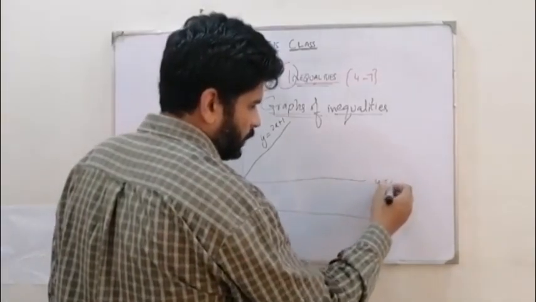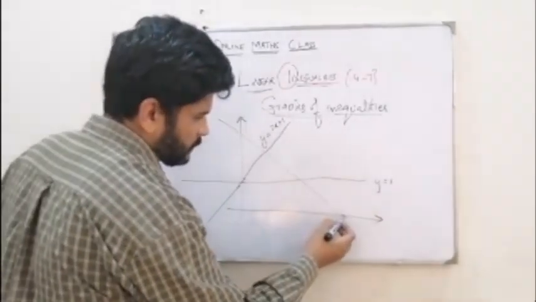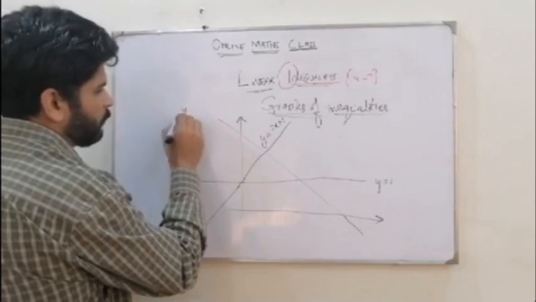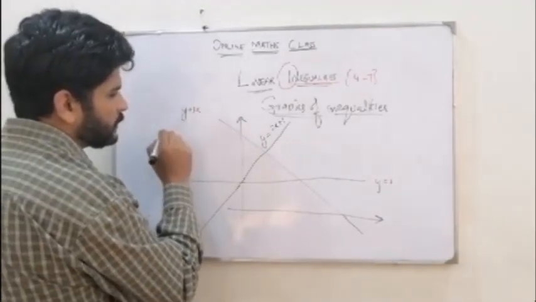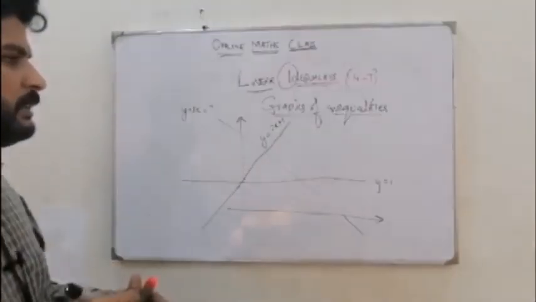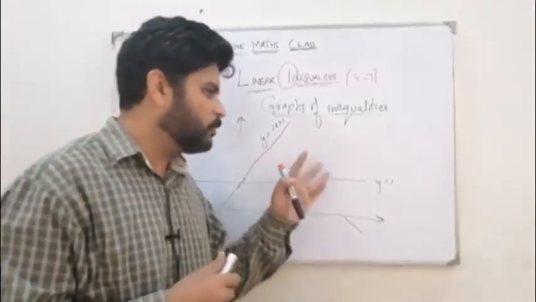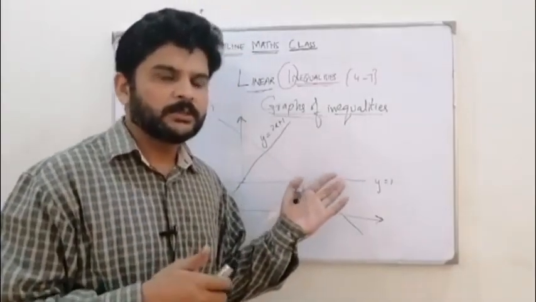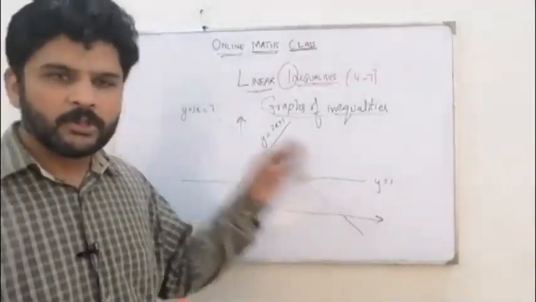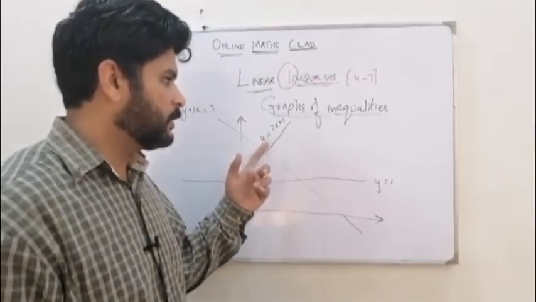This is y is equal to 1. And you have another line, which is y plus 3x is equal to 7. So these are the 3 lines that are given, although they normally don't tell you which line represents which one. Since you don't know the concept of gradients and the line here, I'm not going to confuse you in that.